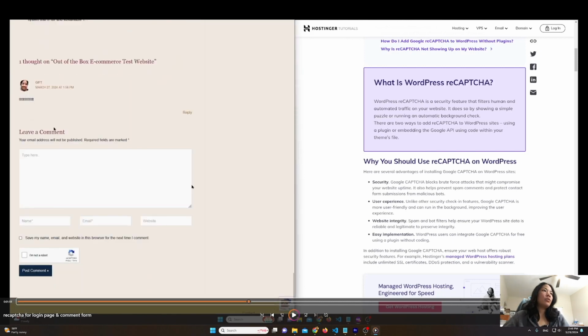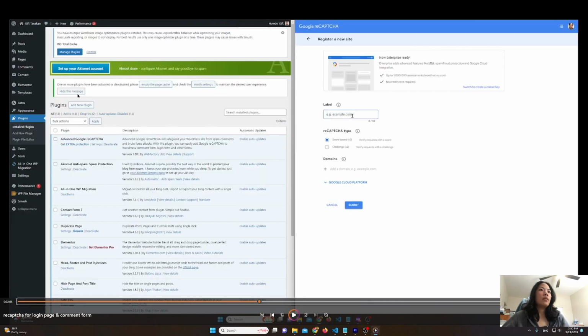Then the comment just shows that, hey, this comment is legit. It is now visible for other users to see. And that is how reCAPTCHA version 2 works on the comments section on a WordPress website. All right,